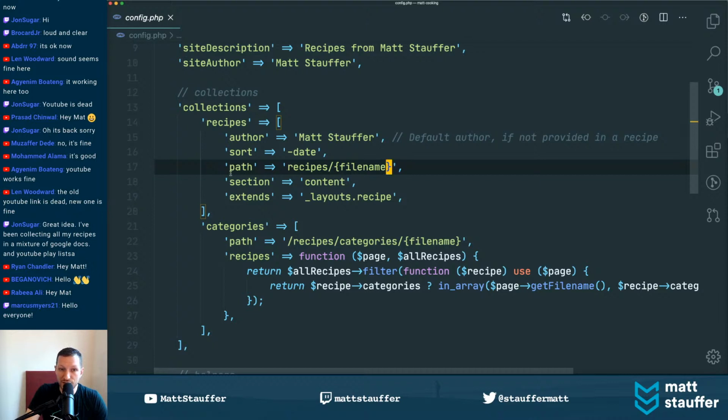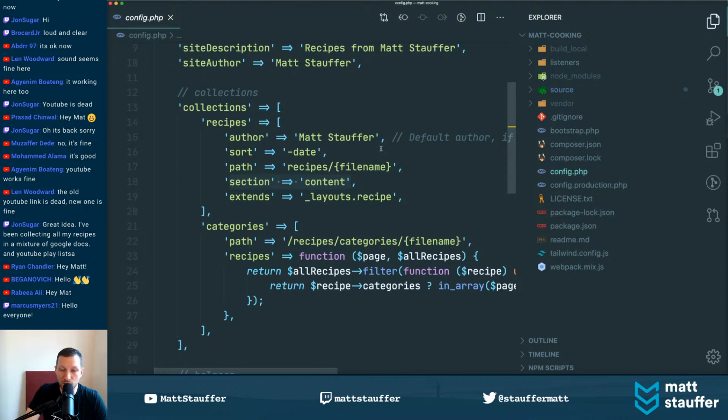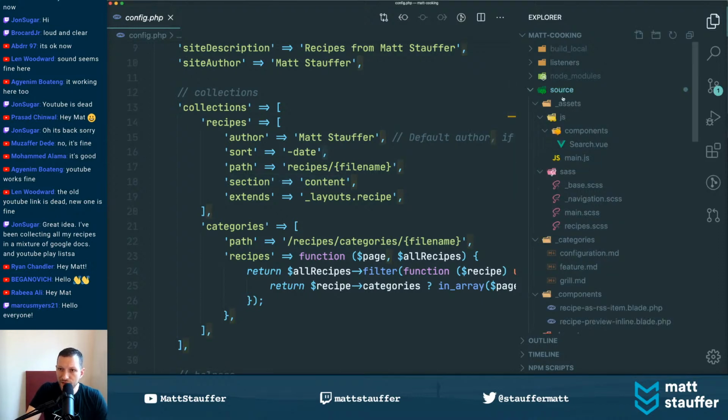So for your collections, if you set a path here, it's actually going to generate each entry from that collection to this URL in the final build. And then I'm telling it what template I want it to use and what section to pass the content of each of those in. So just so you get a sense of how that works, if I go to source,